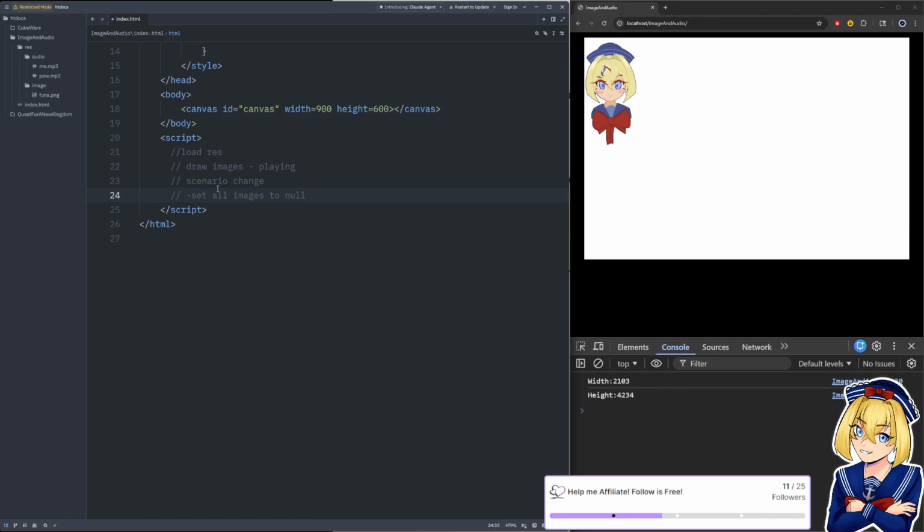After you've unloaded everything, you go back to a load section where you load all of your resources again, including the new resources you need, before you draw them and continue playing the game.